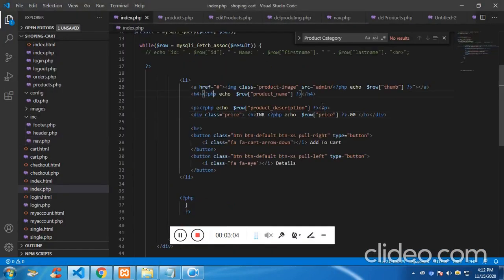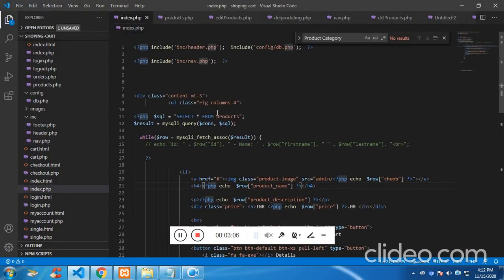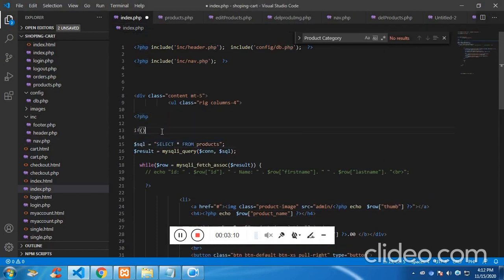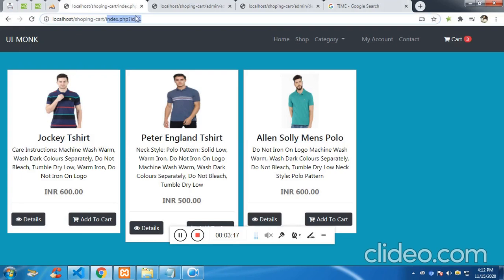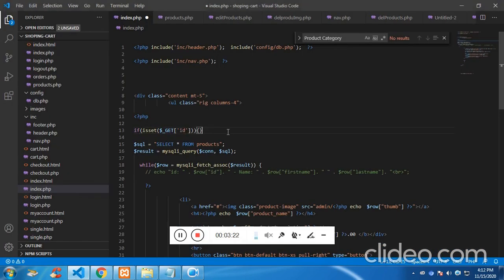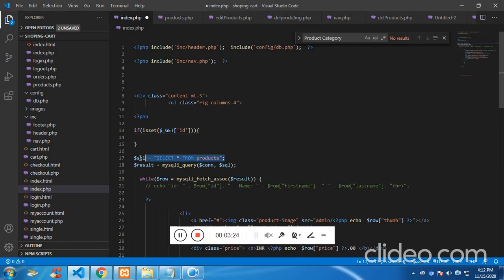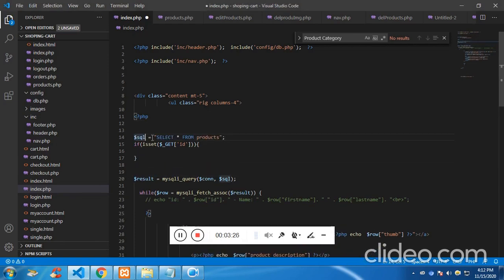So on the index.php we are writing the select query over here. We are checking if $_GET, which is the ID passed, is set. If it is set, then we want to append some values to the SQL query, which is where